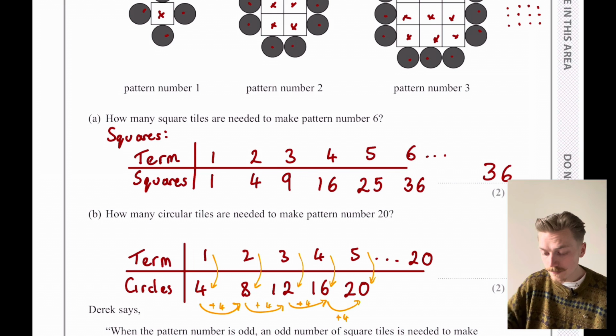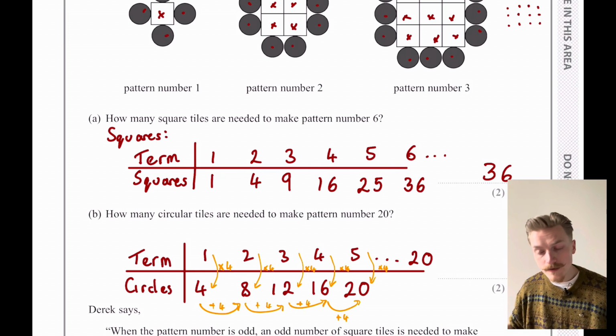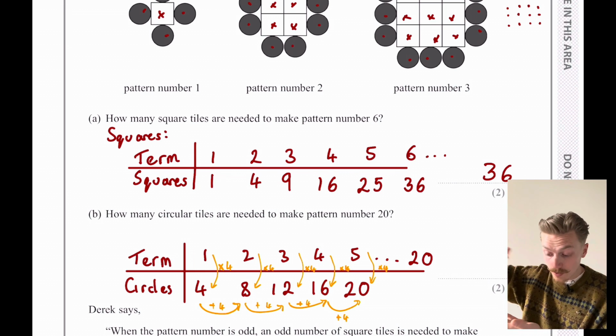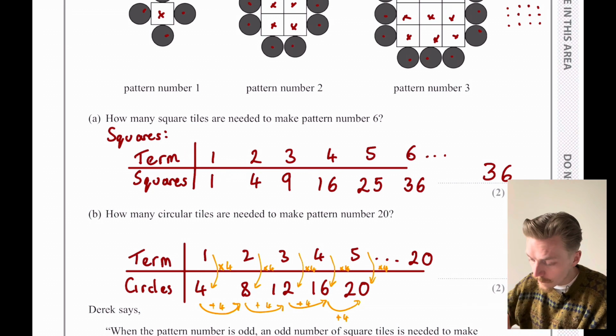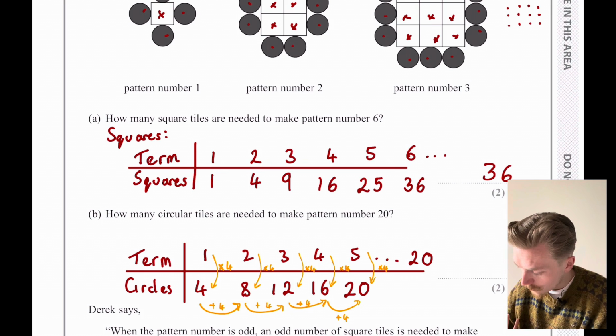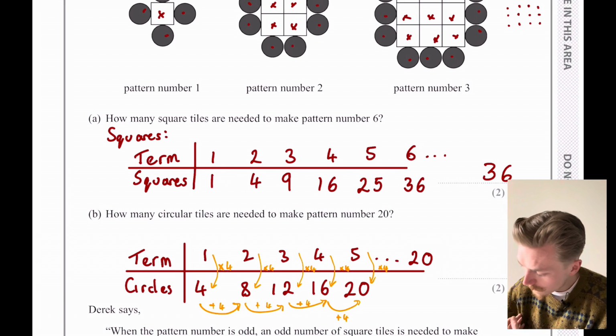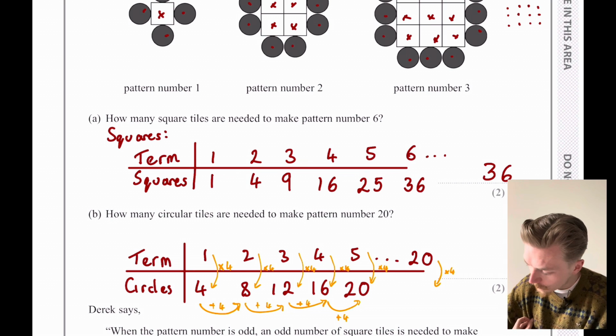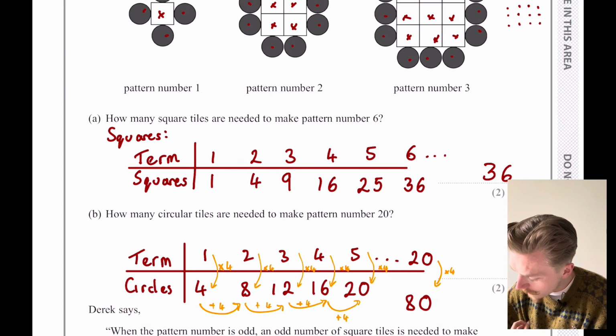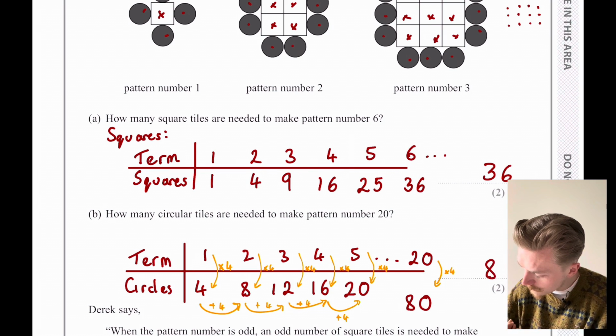It's not adding, it's timesing. I'm doing 1 times 4, 2 times 4, 3 times 4, 4 times 4, 5 times 4. Every single time I'm taking the term and I'm multiplying it by 4. So that's what I need to do with my 20. So if I take 20, I do the same thing, I multiply by 4, and I get 80. So there should be 80 circles